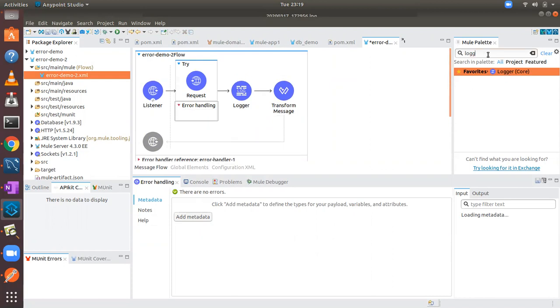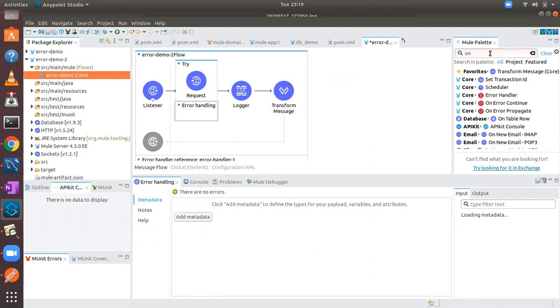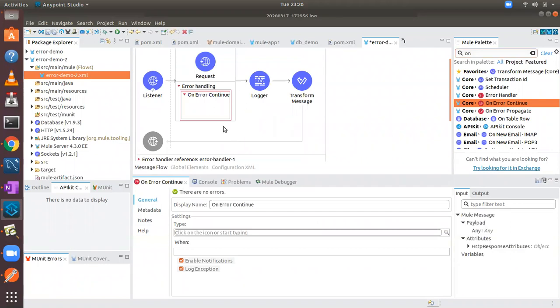Whenever you configure some error handler, the error handler means the container, it contains error handler scopes, right? There are two types of scopes: one is on error continue, the other on error propagate. Now we are checking everything with on error continue. If you configure an on error continue scope over here, the first thing is we need to configure some error with the scope, meaning what kind of error is going to be handled.